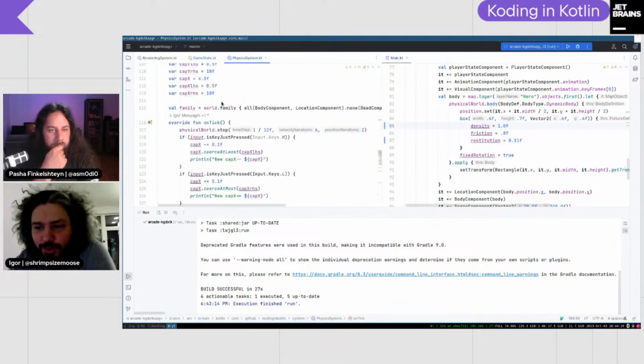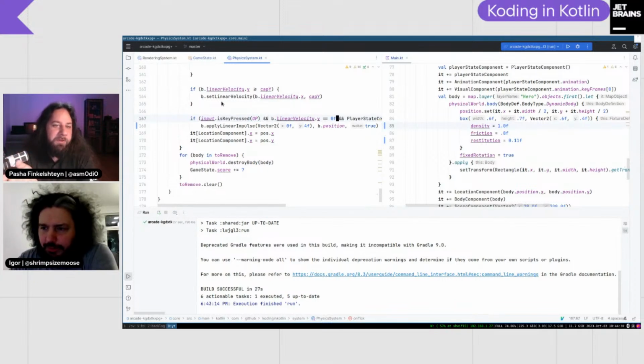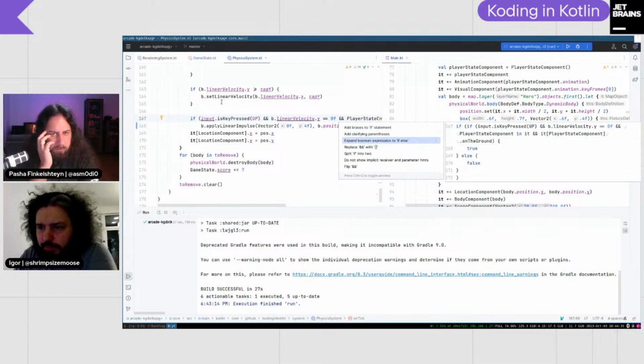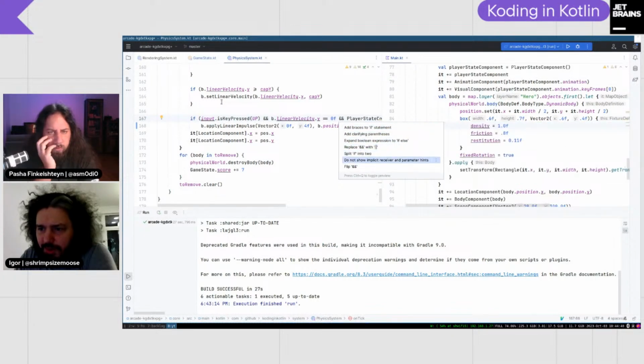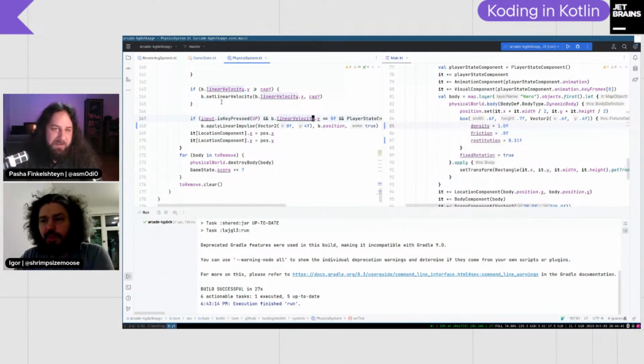All right. So now what do we want to do with the jumps? When we press up and check linear velocity, we need to add one more predicate here. What's going on? Can I put them on separate lines? I'm not sure, but you can do it manually, just hit enter before.